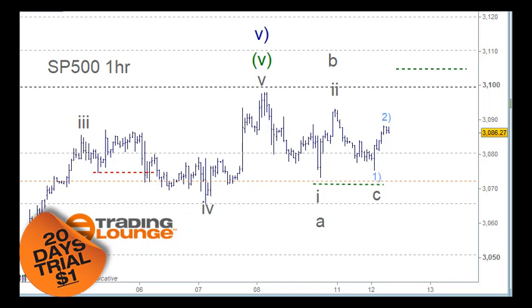I want to start on the hourly chart, then go to the tick chart here. So this particular pattern, we've counted all the way up and we've got 5 waves here. And we'll look at the bigger picture on the 4-hour because I've got 2 bullish counts that we can look at. But just to focus on this here for a moment, on the cash market, we can count this down